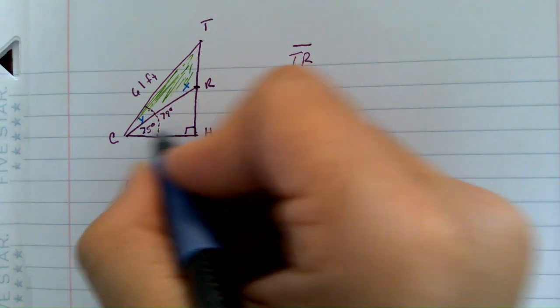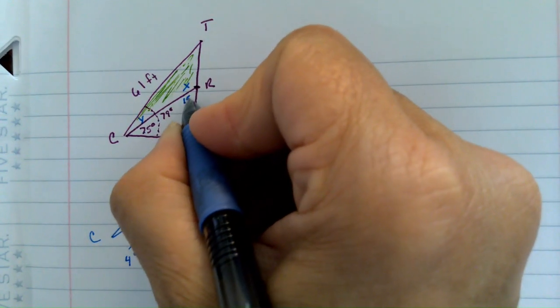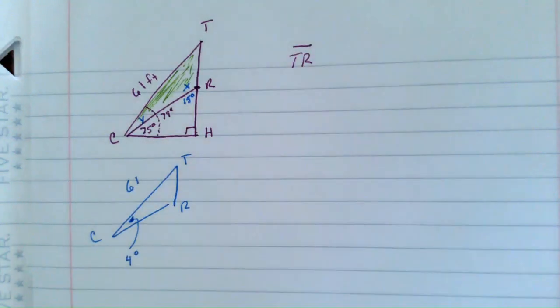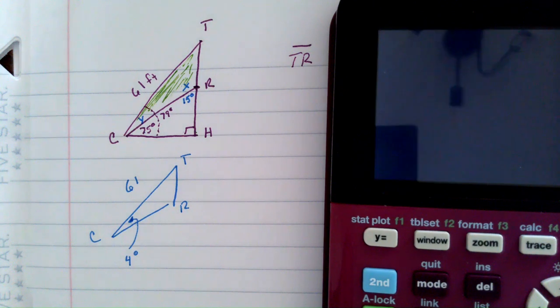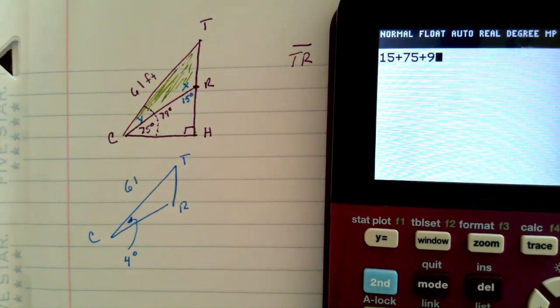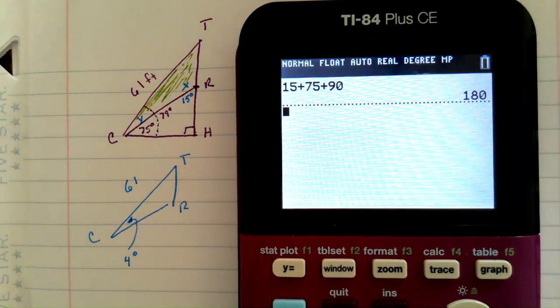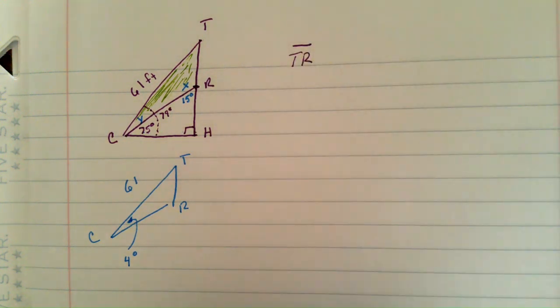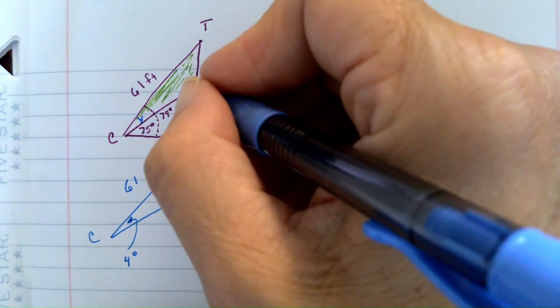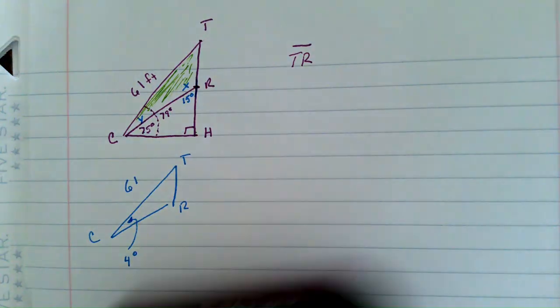And at the 75, 90, that would leave this to be 15 degrees, right? Let's double check my math here. Maybe my morning coffee hasn't kicked in. 15 plus 75 plus 90 is 180. Check. So if this is 15 and these make a linear pair, then that angle right there would have to